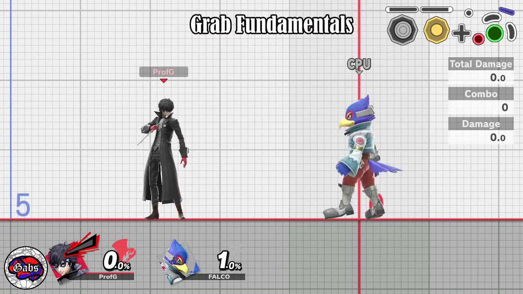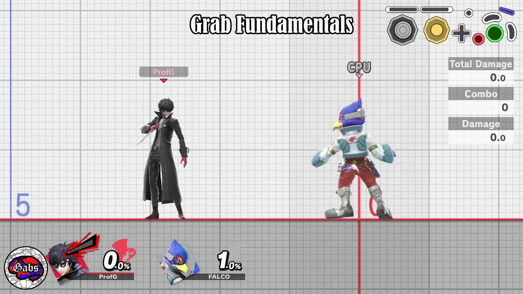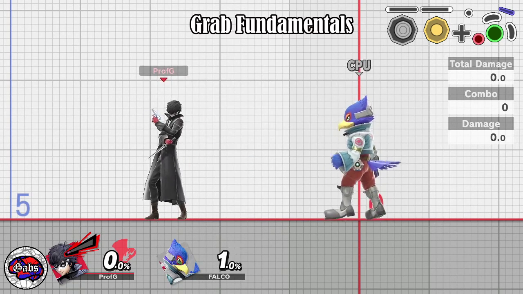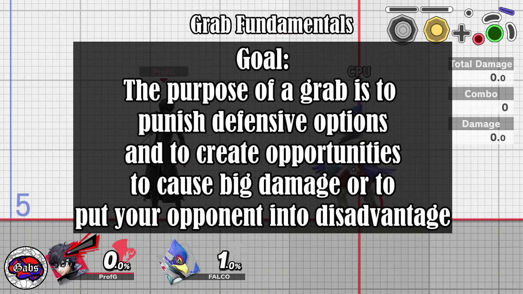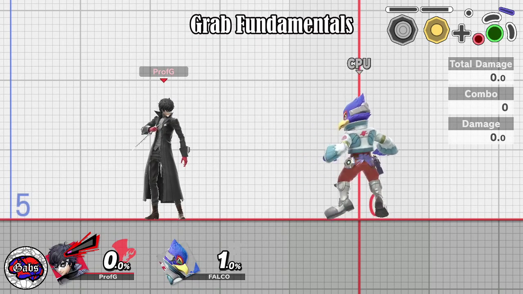The last thing I want to go over with you guys is one of my first talking points of a grab, and this is going to be near the end of this video. That, by the way, is what the punishes are. So remember: shielding, attacks, predictable behavior. Now I want to talk about this thing right here, which was to cause big damage or to put your opponent into disadvantage. And I have a video specifically from my last tournament,